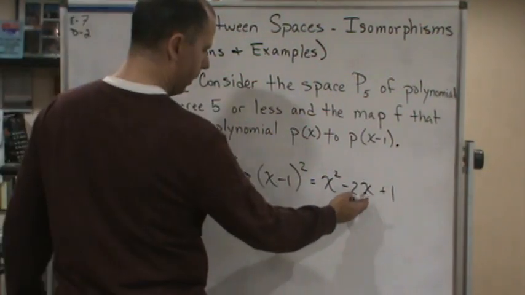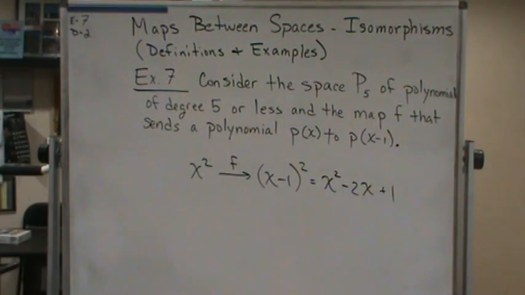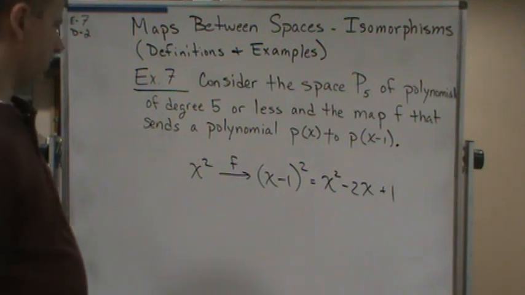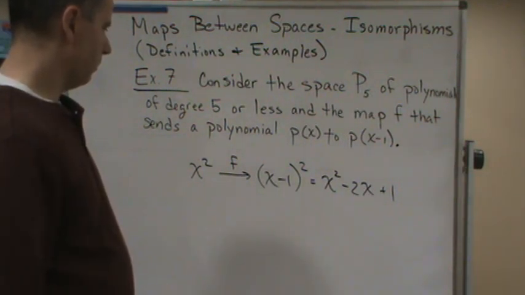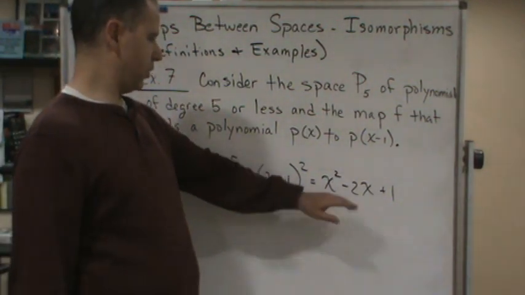Where we have a parabola here that gets sent to where? So it's going to be 2,